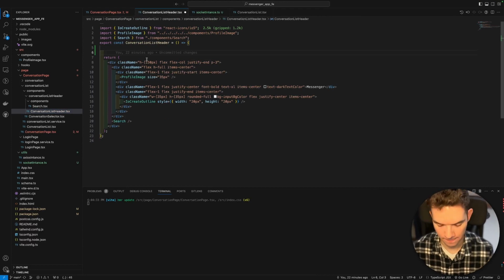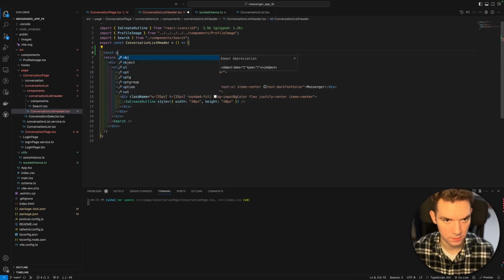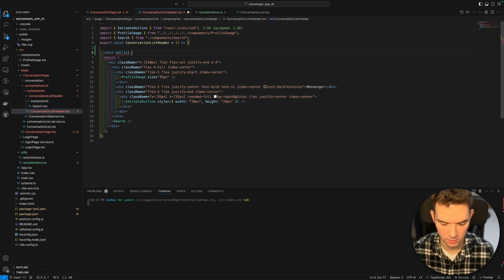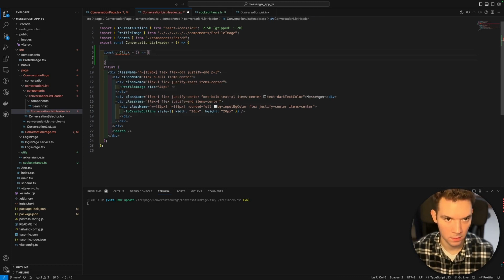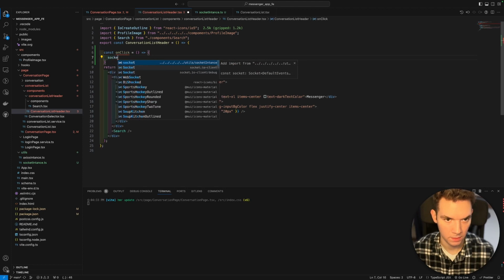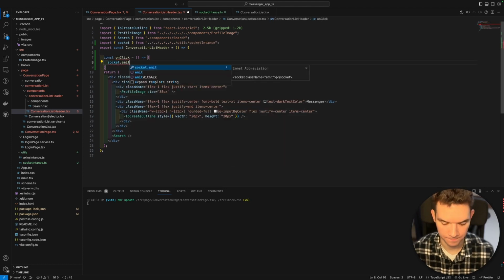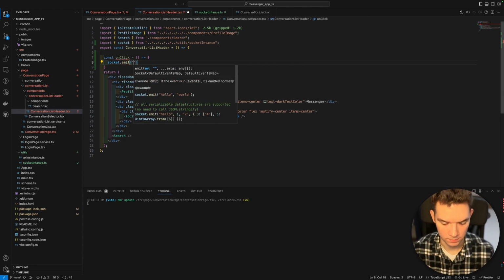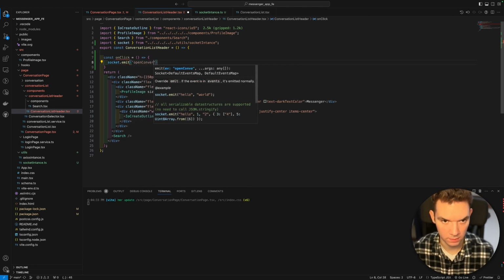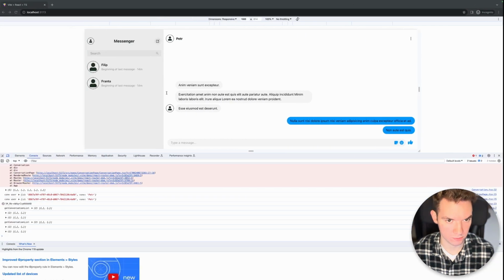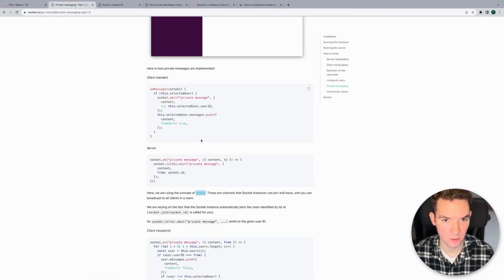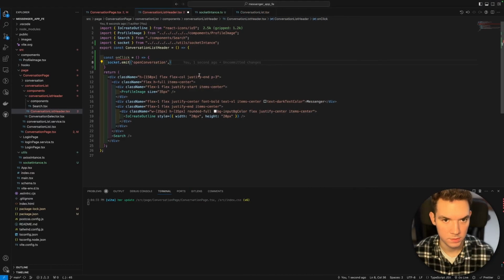So header, once on click, socket.emit, open conversation, it looks like content and to. So open conversation